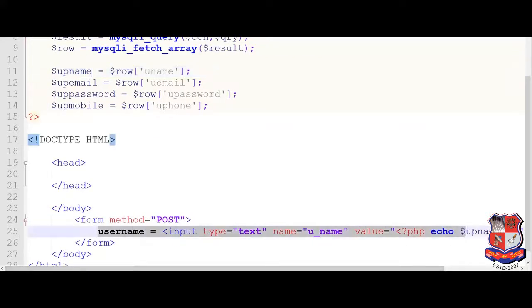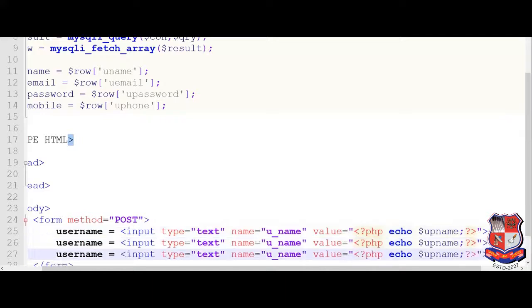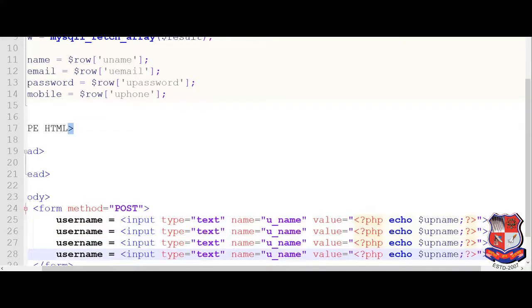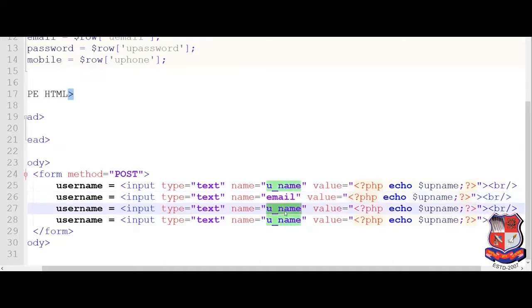Similarly, for the four fields, let's copy this one as majority of the part is same. So username, user email, user pass, and this one is user phone.